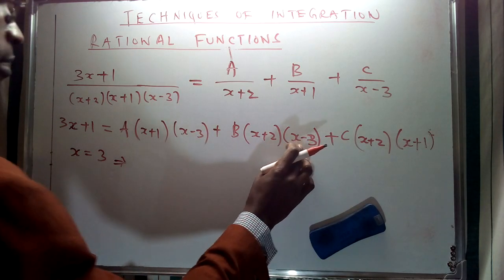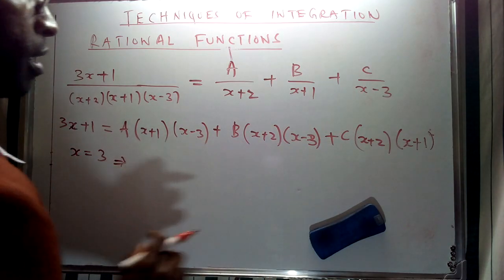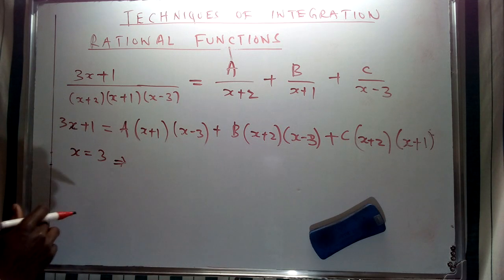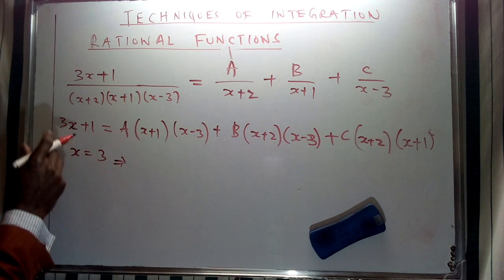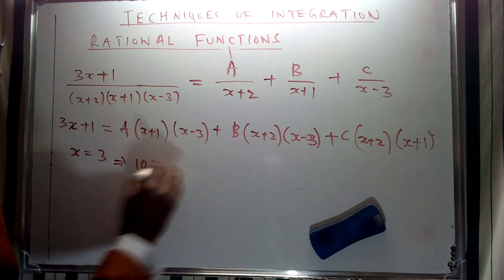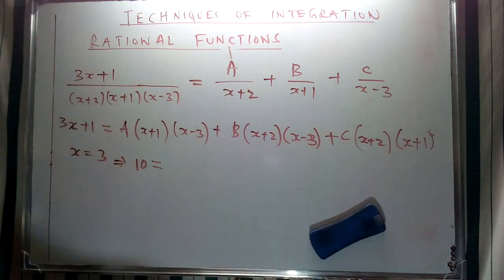The substitution of 3 is going to be equivalent to 0, and the value for B is going to disappear. And then we're going to have the value for C. So in this case, for the left section of the equation, we do a substitution for 3, and this is going to be equivalent to 10. So 10 is equal to, we're going to have only the value for C,